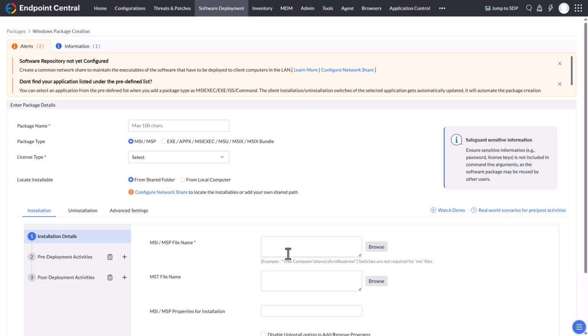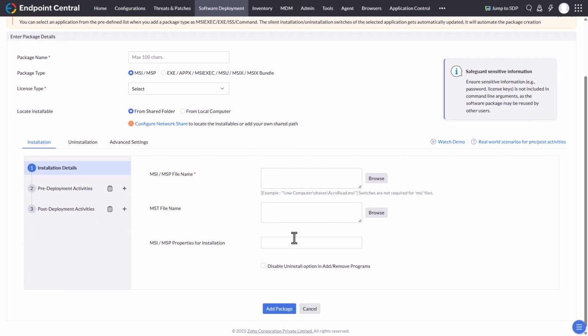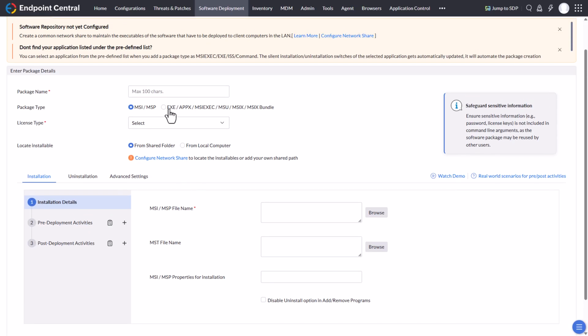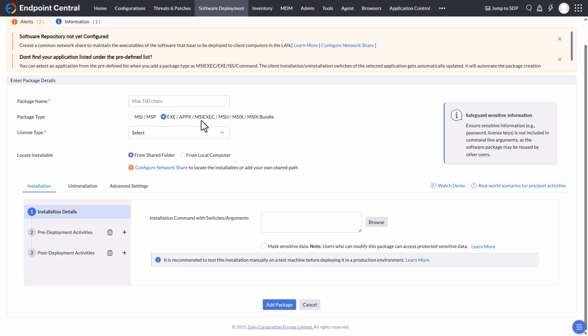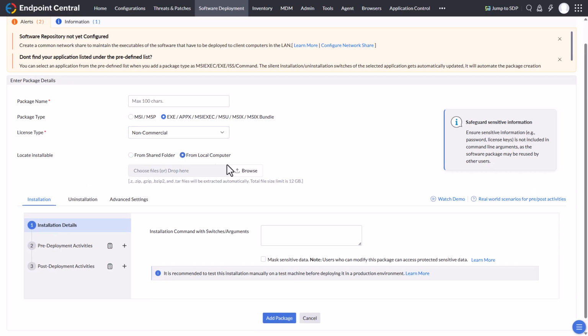When you choose MSI, you have to put in here your MSI file, and the MST file if you have one, and MSI MSP properties. And there is even EXE, APPX, MSI exec, and such, and the switches are different. Here you have to choose commercial or non-commercial, the license type, it's mandatory, and from where to get the installers. Either from a shared folder, you can configure a network share, or through the repository from Endpoint Central,